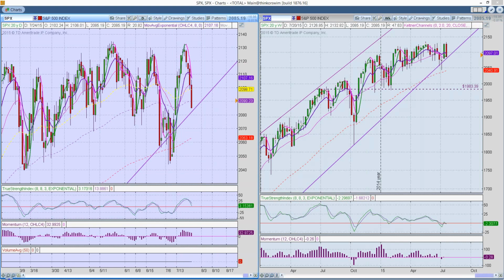Yeah, exactly. And so right now, with these huge daily candles, we kind of wait. We wait until we get some small bodies and or some extremes in the individual indices before we move on anything else. So I think we covered the Russell, didn't we? We did. So we're hanging on to that.